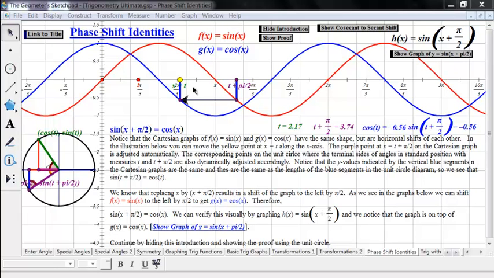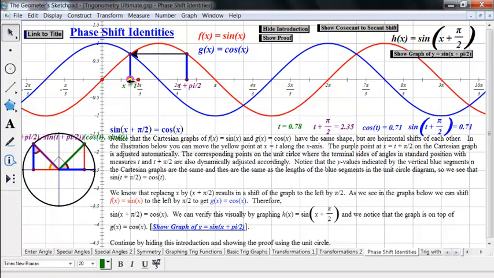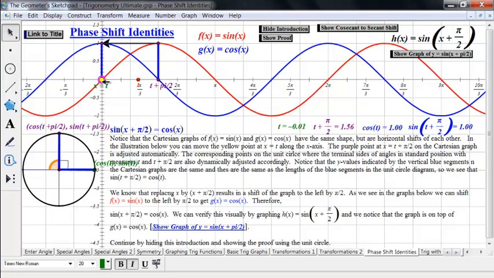And I think you can see by looking at this that the smallest amount of the shift that we could do would be if we take the sine wave and then shift it to the left by pi over 2. So we notice that in general when we have